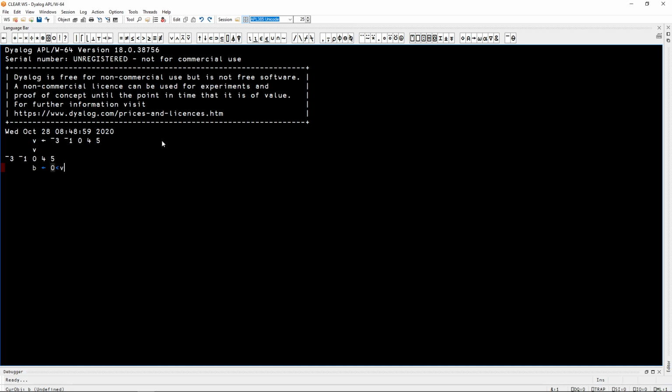So for example, we can get the positive numbers by typing in 0 less than v. And you can see we get this. These 3 zeros mean that these are not greater than 0, and then these 2 ones mean that these numbers pass the test. And in APL, we don't have the built-in type for Boolean values. We just use 0 to represent false and 1 to represent true. And this comes in very handy when we want to perform arithmetic. For example, if now I multiply b with v,